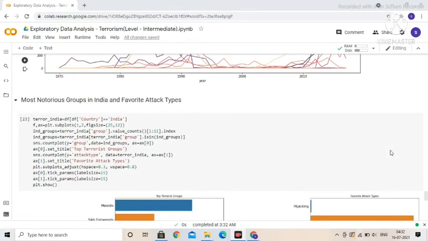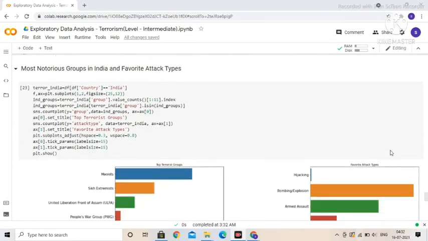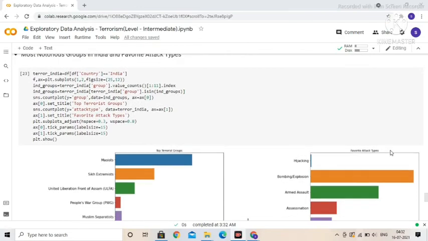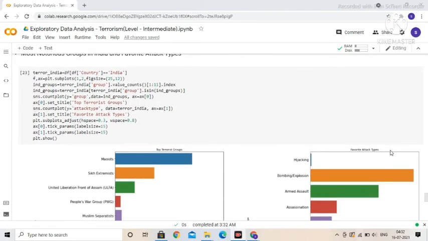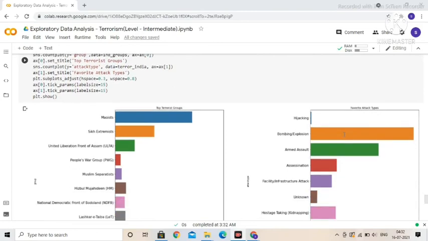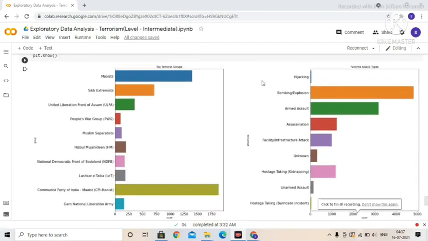After that, we have got the most notorious group in India and their favorite attack types. So we have got the horizontal bar plot of each type. We can see that the top terrorist group is mostly the Communist Party of India, and the favorite attacking type is bombing and explosion.